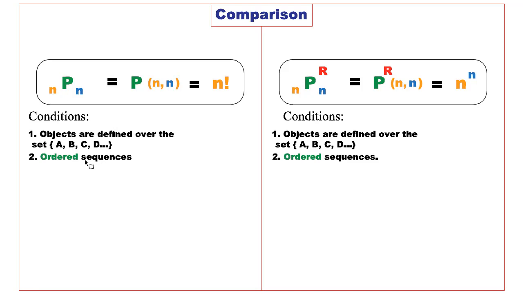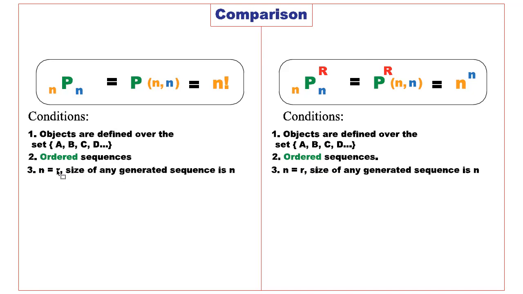The second one: if the problem is asking us to generate ordered sequences, then we have to use this formula, and the same applies for the replacement formula. The third one: n is equal to r, so the number of objects is equal to the number of symbols in the sequence, or the size of the sequence, for both formulas. This means that the generated sequence has a length equal to n. So if we are permuting A, B, C, D, then the generated sequence must have 4 symbols,